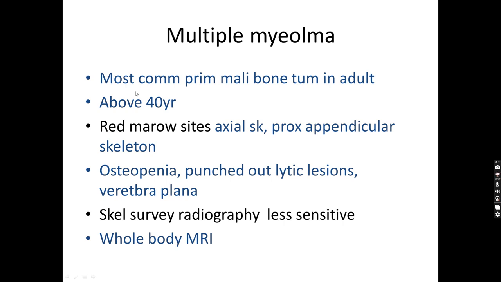Then multiple myeloma, it is the most common primary malignant bone tumor in adults. It is an above-40 lesion, and typically it will involve the red marrow containing sites like the axial skeleton and proximal appendicular skeleton. It will have features like osteopenia, punched out lytic lesions in the skull, and in the vertebrae it will have vertebra plana. And more than skeletal radiograph survey, whole body MRI is more sensitive because more bone destruction is required to be visible